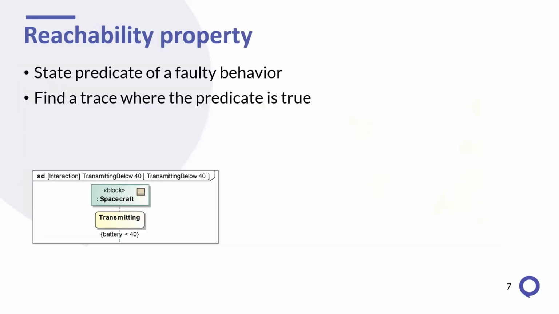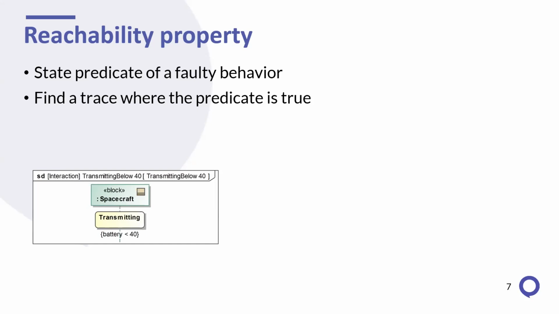In order to prove that such erroneous configurations do not exist, we define reachability properties. Reachability properties define state predicates of a faulty behavior, and the goal is to find a trace where the predicate is true, thus demonstrating that this erroneous behavior can occur. In order to represent reachability properties, we chose the sequence diagram formalism. First of all, because the systems engineers are already familiar with this formalism, and second, because they can intuitively represent